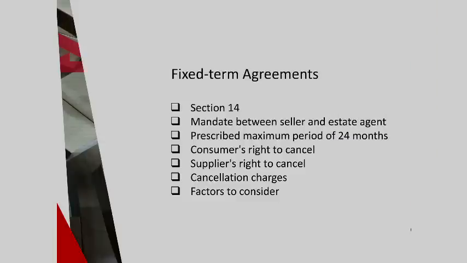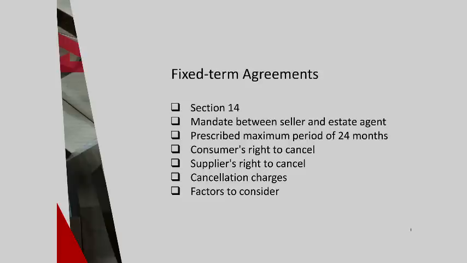Okay, fixed term agreements. It's an agreement which is binding for a specific period of time. This relates to your question on lease agreements. A fixed term agreement in the case of your mandate would be, a mandate agreement would be where you agree to market someone's house for a period of, say, 6 months. As soon as you have a fixed period, it falls under this provision, Section 14. And lease agreements will also be considered to be fixed term arrangements. Now, remember that Section 14 does not apply when both your parties are juristic persons.